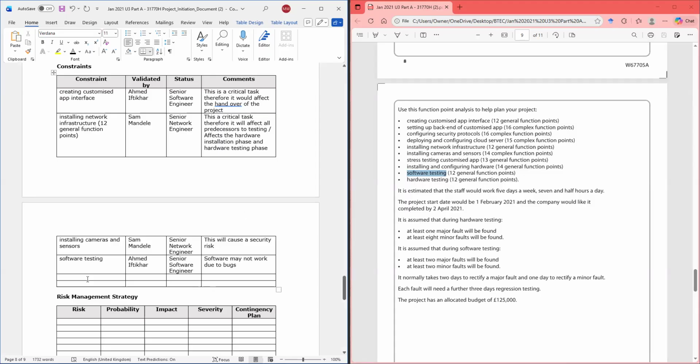Let's say that we're looking at constraints. Staff is off sick, or we can use, let me read through.